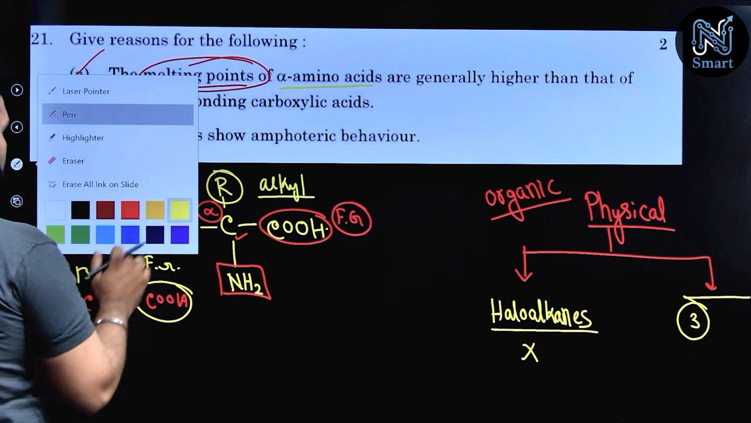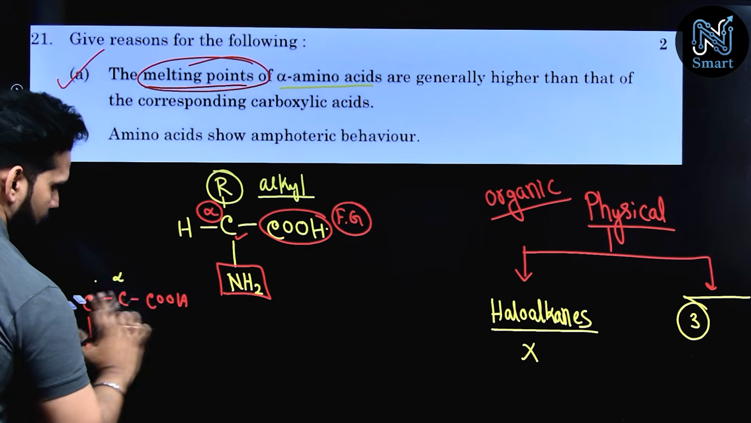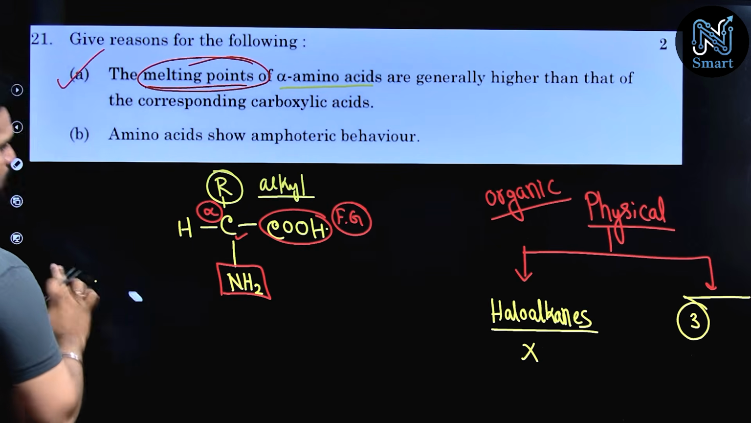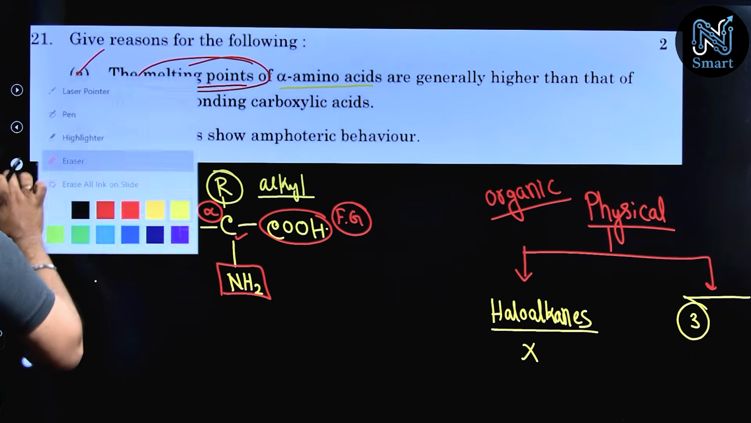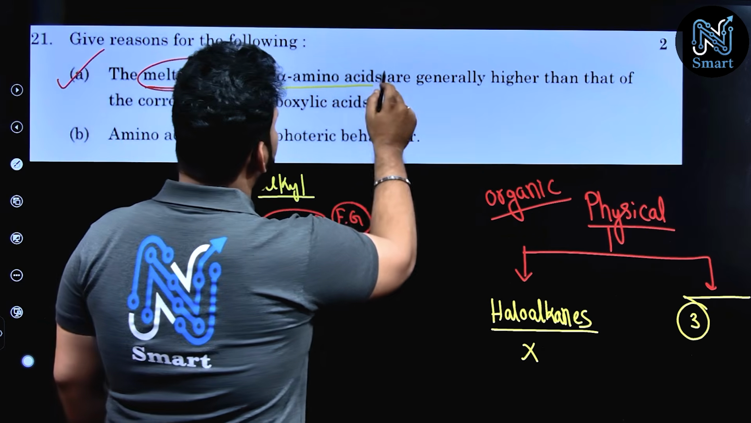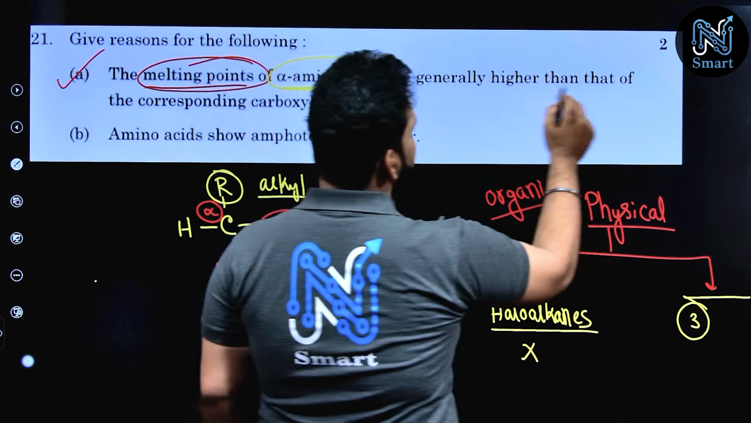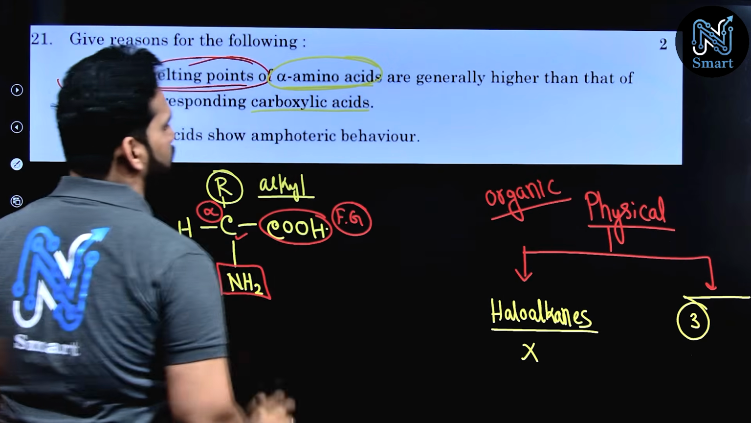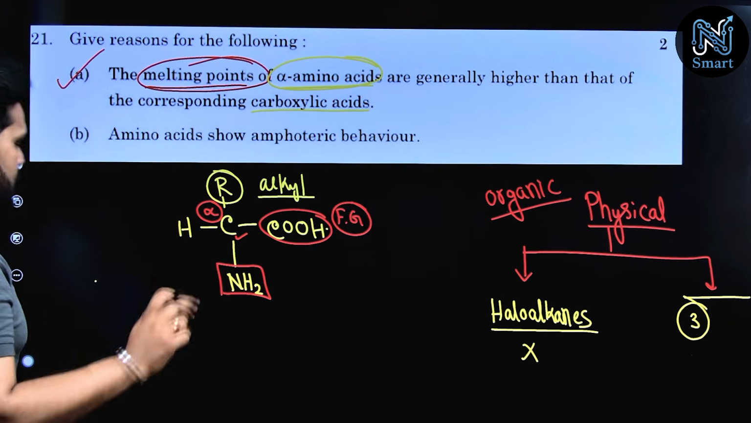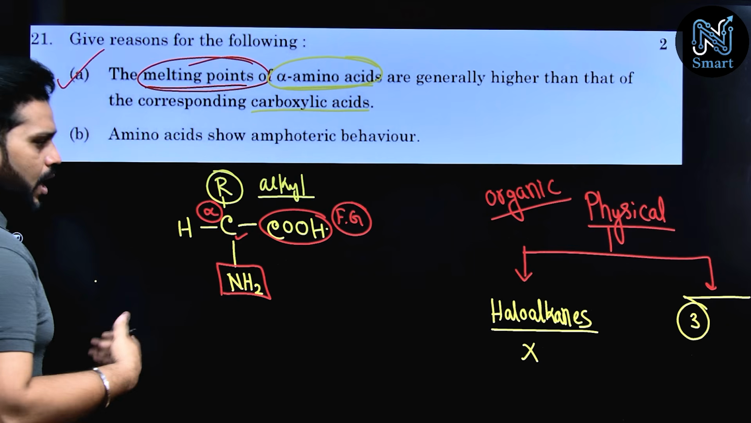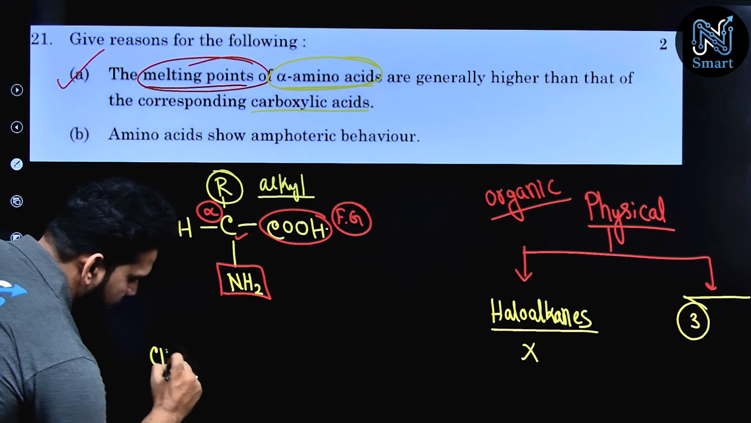Again, the question was asked as, so I'm just going to get rid of this, need the rest of the part. Okay. Now, the question is being asked as: the melting point of alpha amino acid is generally higher than that of the corresponding carboxylic acid. Why? See guys, if you notice in the amino acid, and if I draw the carboxylic acid also, CH3,